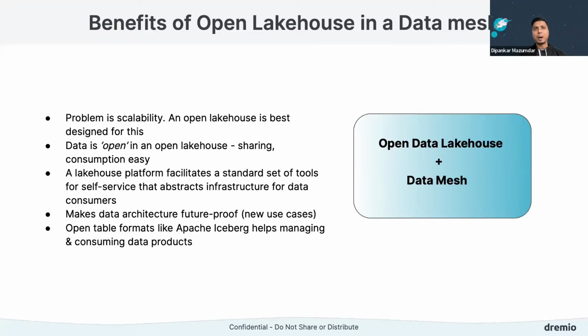I touched upon this in the federated governance part as well. We definitely need some way to show, at a fine-grained level, what kind of people have what kind of access to the data product in a data mesh strategy. You can assign different administrators to different catalogs, different sources, different data products. So it's very important to have the catalog. It would be one of the tools in that open Lakehouse platform and self-service platform, and you're going to use that as part of your own domain.